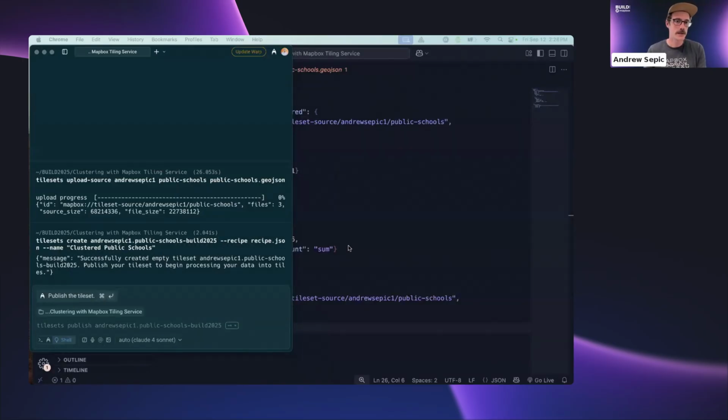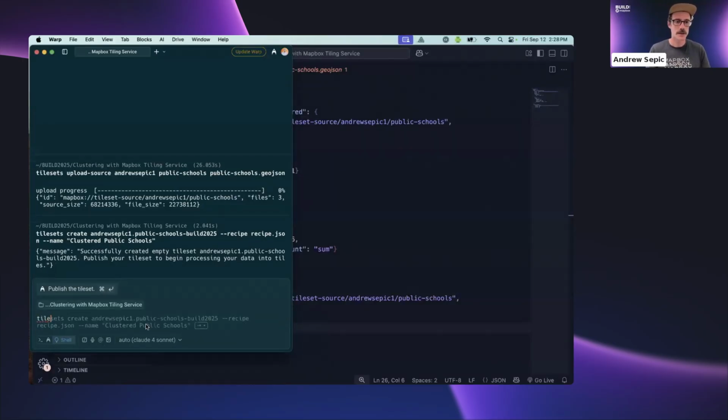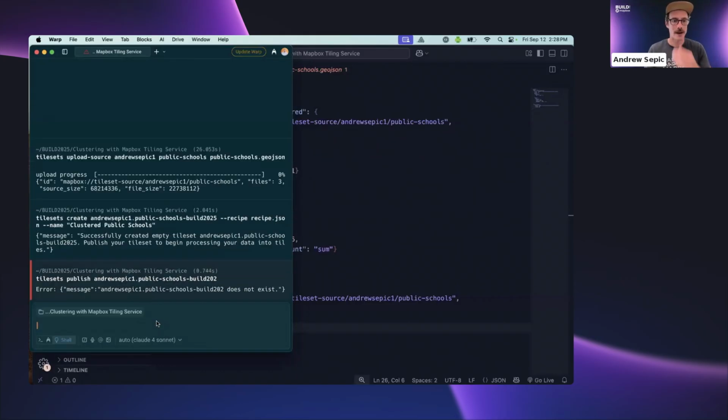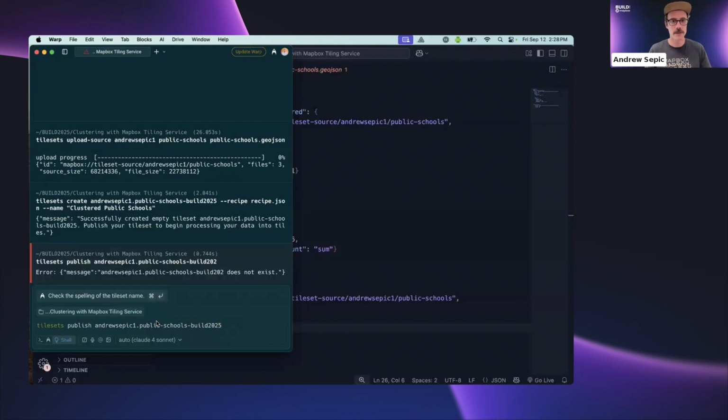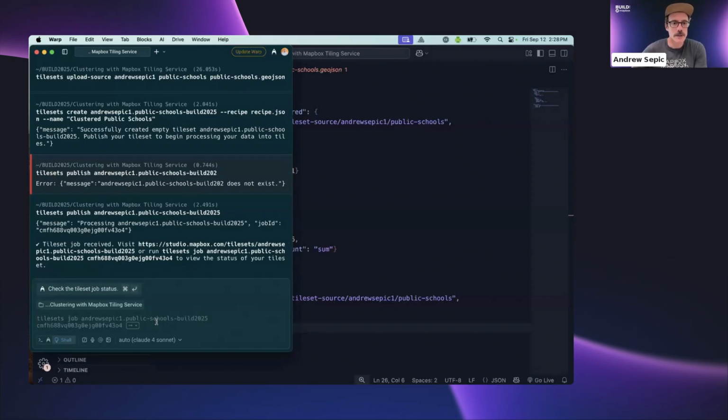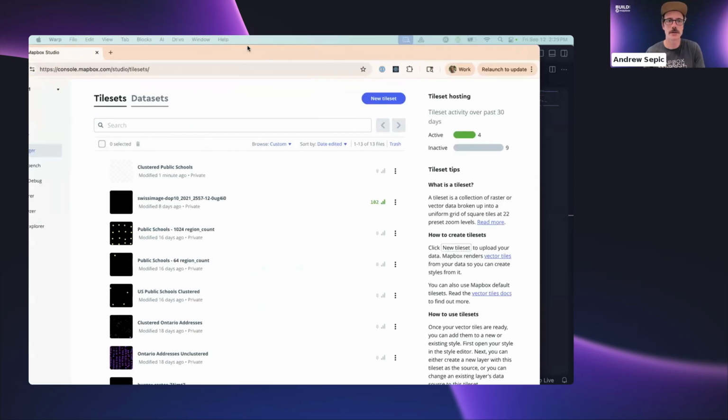Okay, so last utility, tilesets publish. And we'll do the tileset ID, which is going to be the name we just used up here. I'll copy that down. And, oh, wrong name, 2025. Tilesets publish. Okay, so we've started that job. Tileset job is received. And now if we pop into the tilesets manager in console, we're going to be able